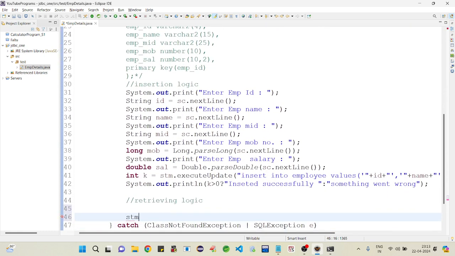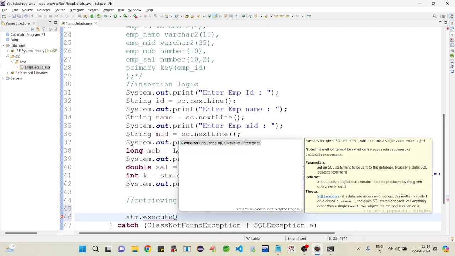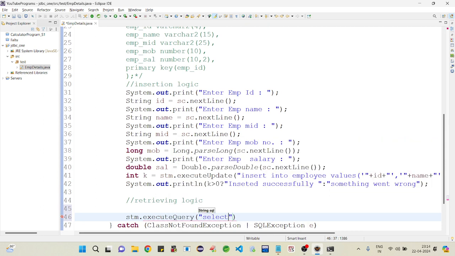Now again I am going to write stm.executeQuery. I am going to write select star from employee, and the return type of the executeQuery method is ResultSet: rs equal to stm.executeQuery.